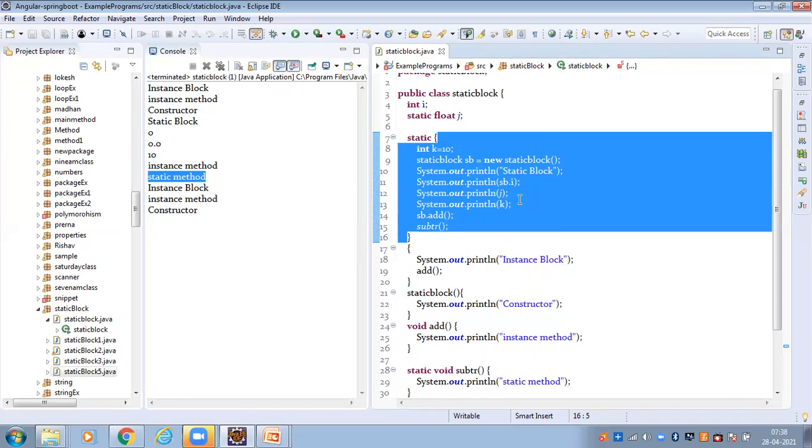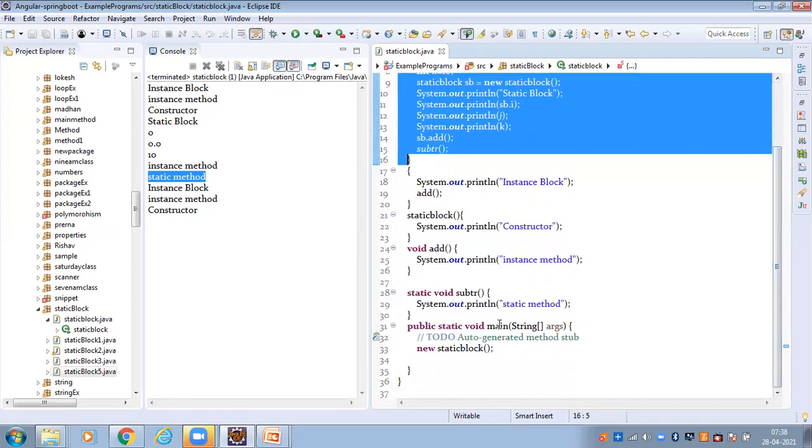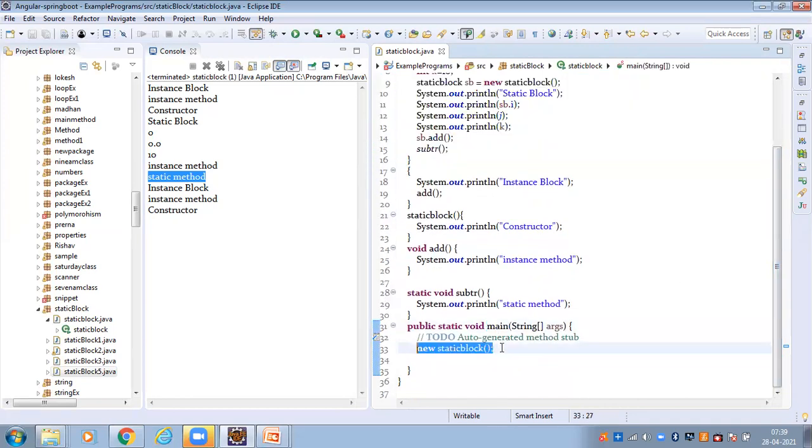So after completing this static block, it comes inside the main method. Main method inside, I have to create an object. During that object creation, again it calls the static block. The static block is executed. After that, next line, I have to give an add method.